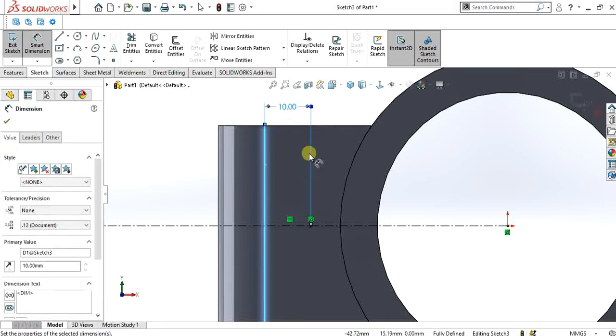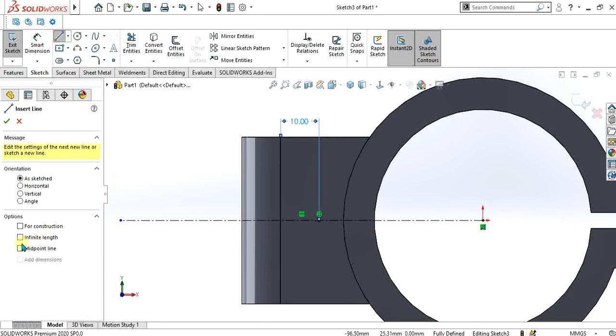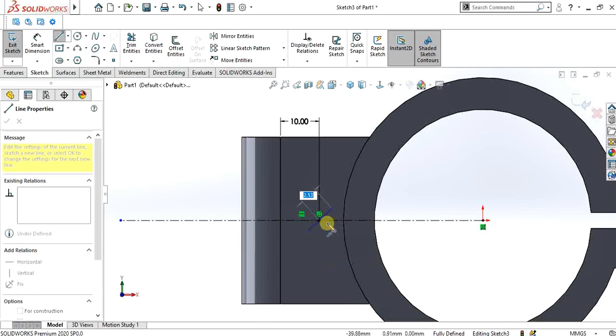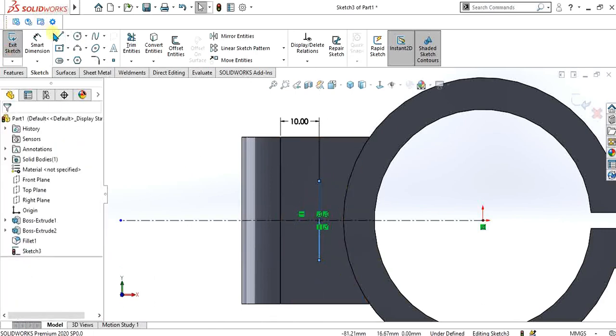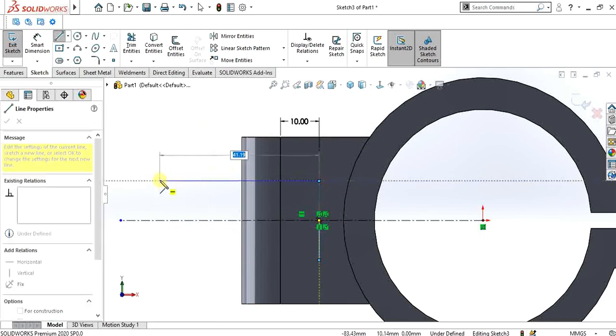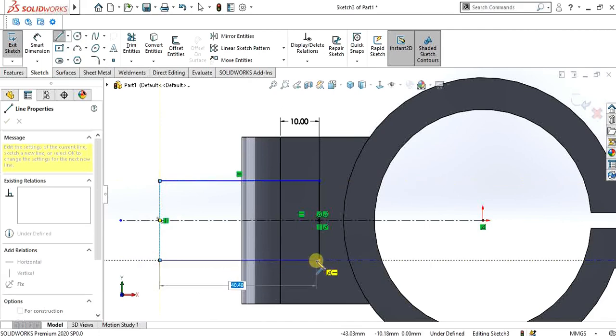Select 10 mm and now select the line, select midpoint line. So the line is of total 20 mm, so we will give it the value of 10 and now it is of total 20. Now simply make the closed contour to cut this part.